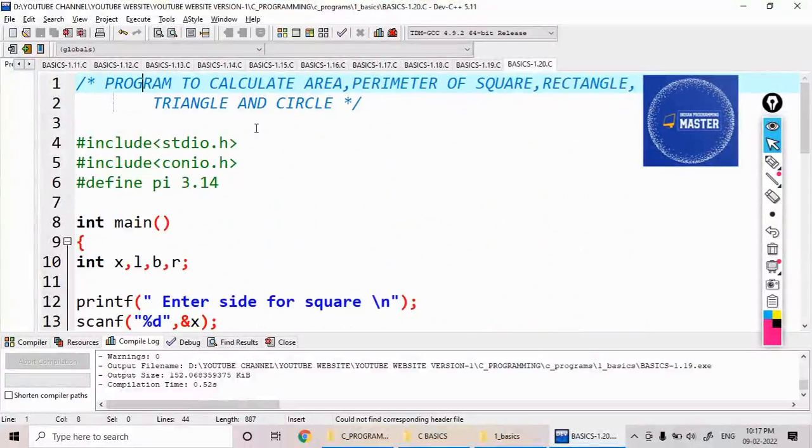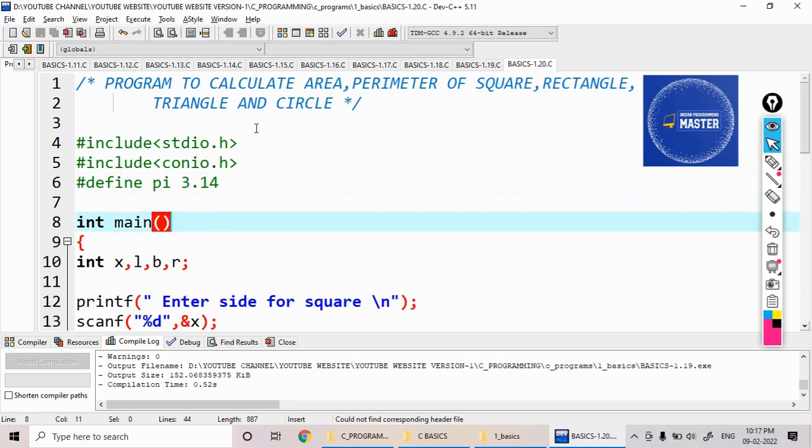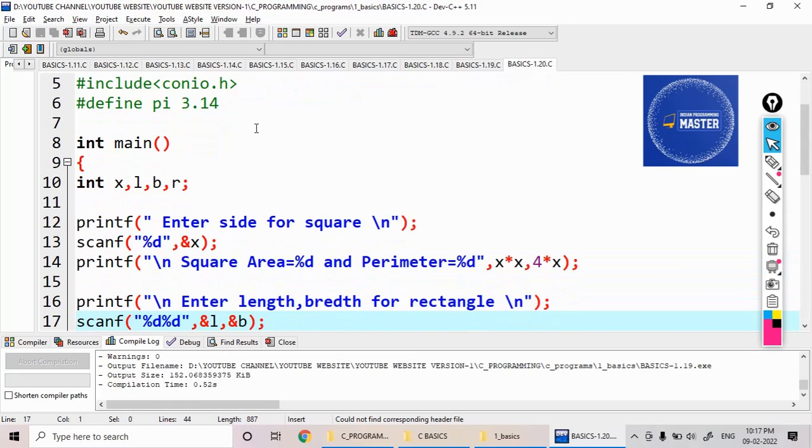Hi students. Now let us see how to calculate area and perimeter of square, rectangle, triangle and also circle. Okay. So here I declare some variables x, l, b as integer. First I would like to find out the square